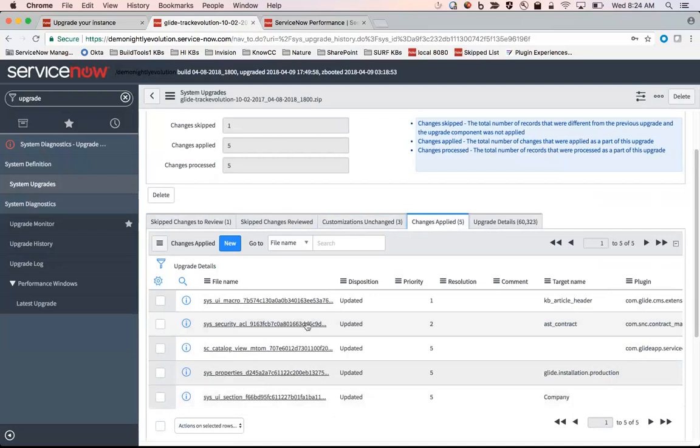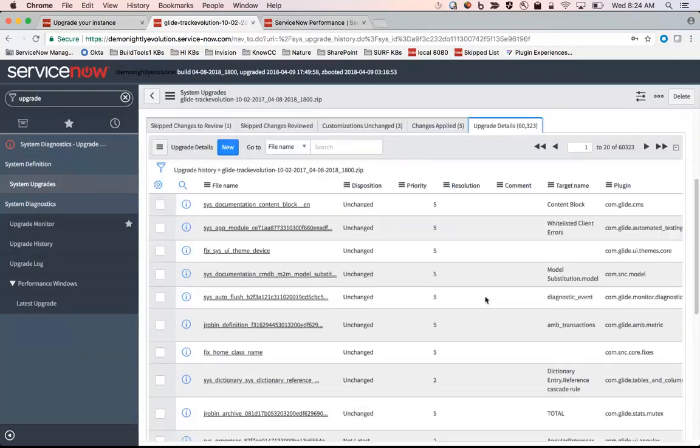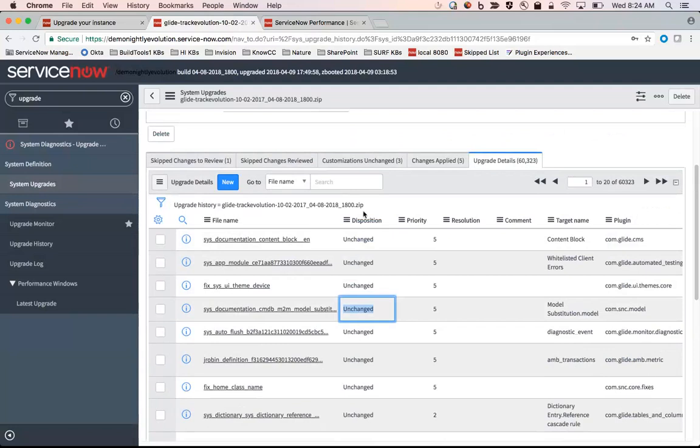There's changes applied. These are the things that ServiceNow knows it changed in this upgrade. As you can see, I did a patch here. And then the dumpster, as I like to call it, the place where all of the different records were listed. And as you can see, a lot of them say they're unchanged, meaning that part of the way we make the upgrade go fast is if we determine that the record didn't change, we don't even bother to try and